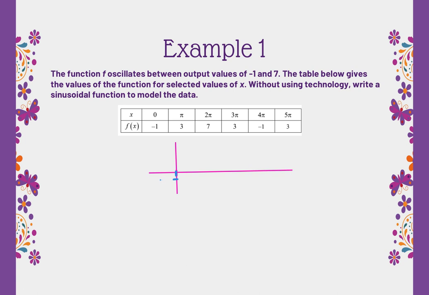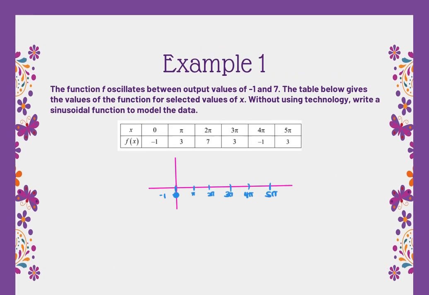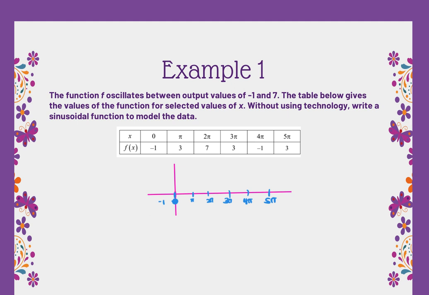So let's say this is -1. 0, -1 would be a coordinate point. And then we've got pi, 2 pi, 3 pi, 4 pi, 5 pi. At pi, we're going to 3, so 1, 2, 3 here. At 2 pi, we're going to 7, so 4, 5, 6, 7, all the way up here. Then back down to 3, then back down to -1, and then back up to 3. So the graph of this function,